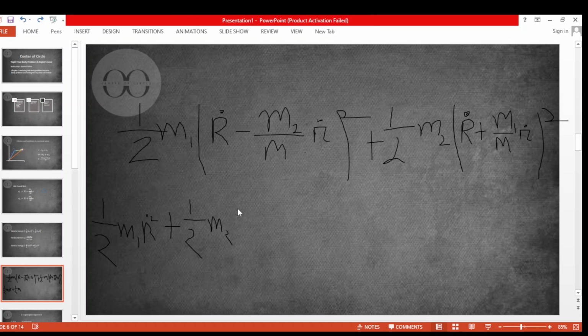I can remove it and draw again. That's my pen. So it is m2 capital R dot